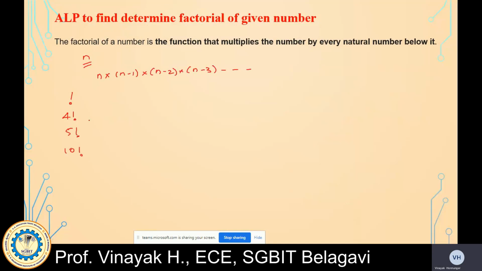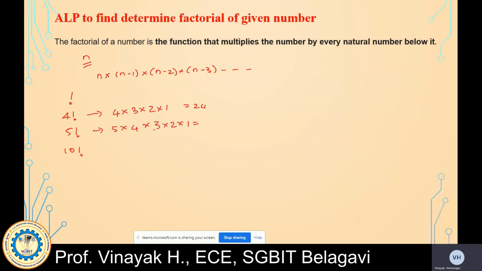What is this? Now, for example, 4 factorial is nothing but 4 multiplied by the numbers below it till 1. 3, then multiplied by 2, then multiplied by 1. So, 4 times 3 is 12, 12 times 2 is 24. Similarly, for 5, 5 multiplied by 4, by 3, by 2, by 1.